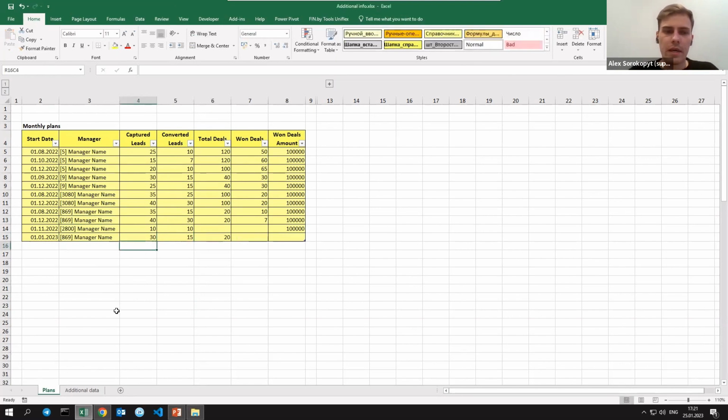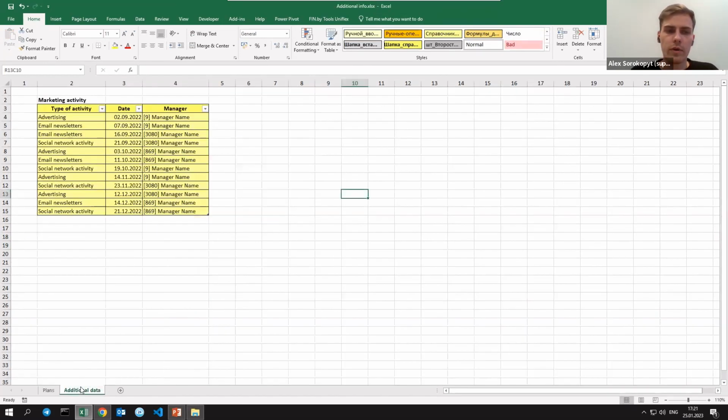So the same goes about entering the additional data. If we switch to another tab, here we have the info about marketing activity that is entered by our managers. And it is used for enriched analysis report that we have previously shown. So it could be like your marketing activity tool, entering different types of activities, different dates, managers, and then analyzing